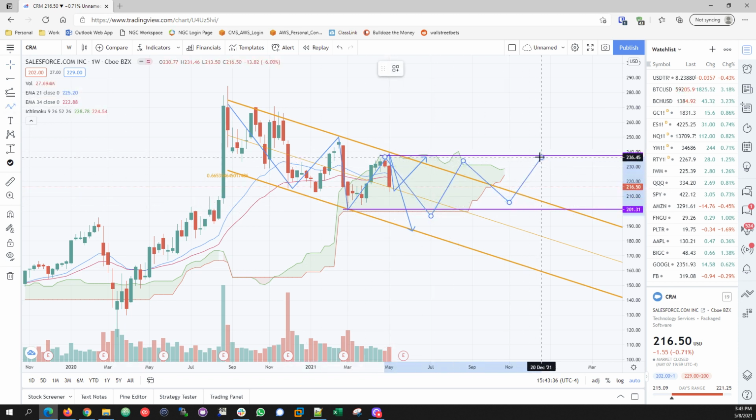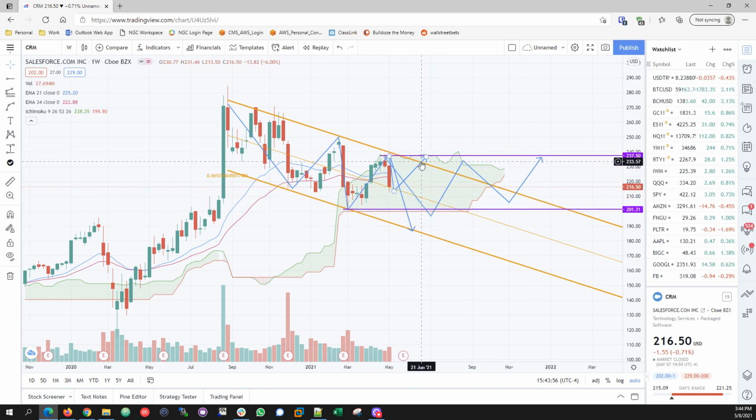Okay, that would be healthy because you do want to build a base. So you do want to build a base like this. That would be a healthy positioning. So something like that. Okay, let's see what happens, but let's keep these arrows and see what happens. These are the possible scenarios.